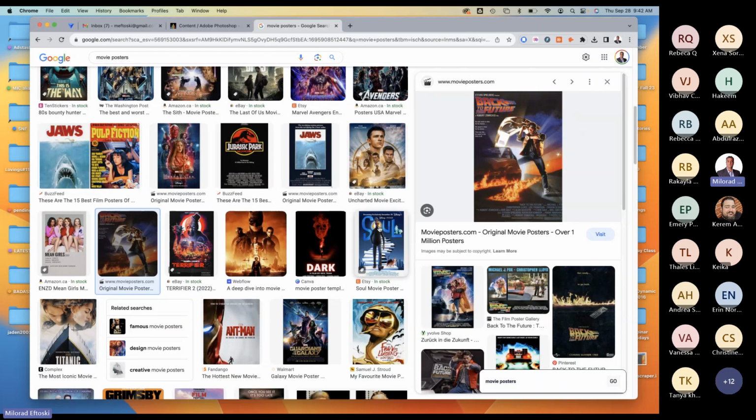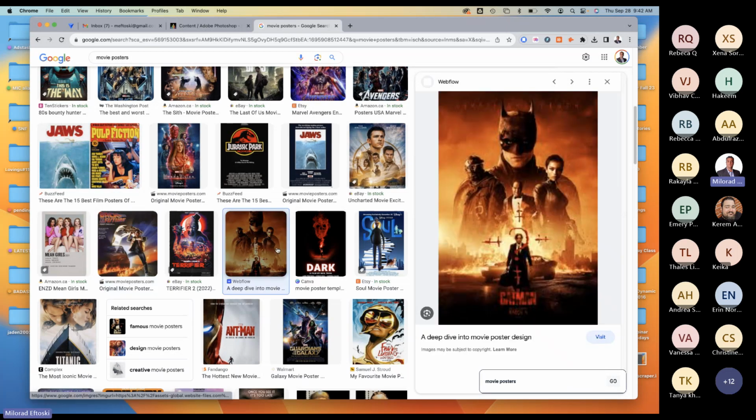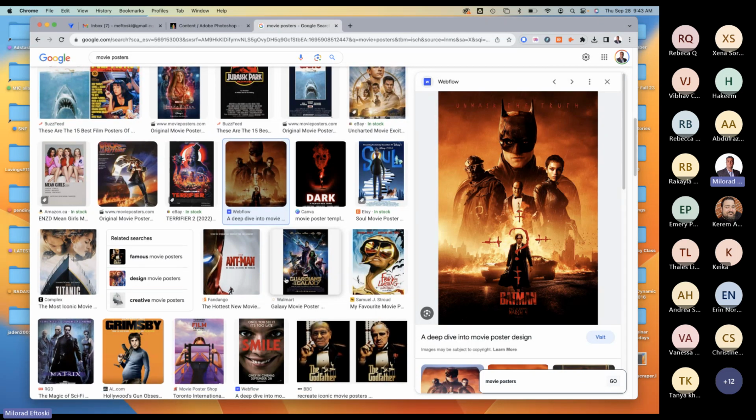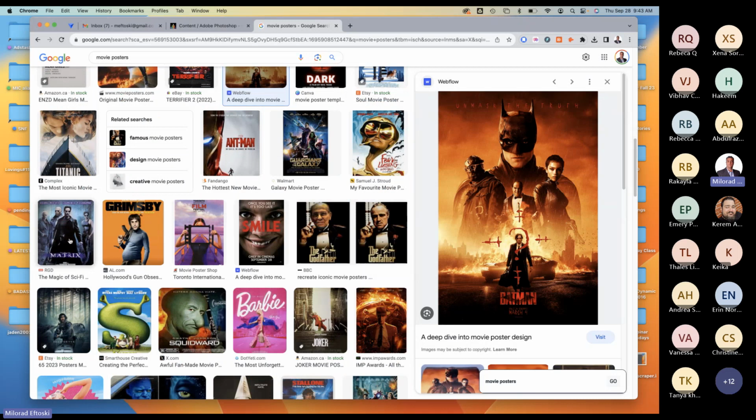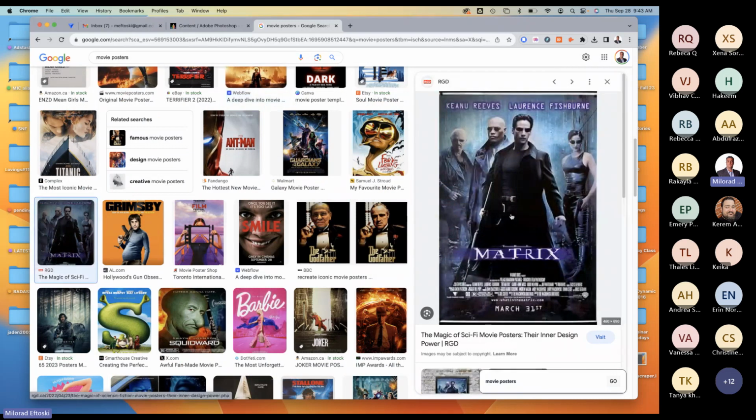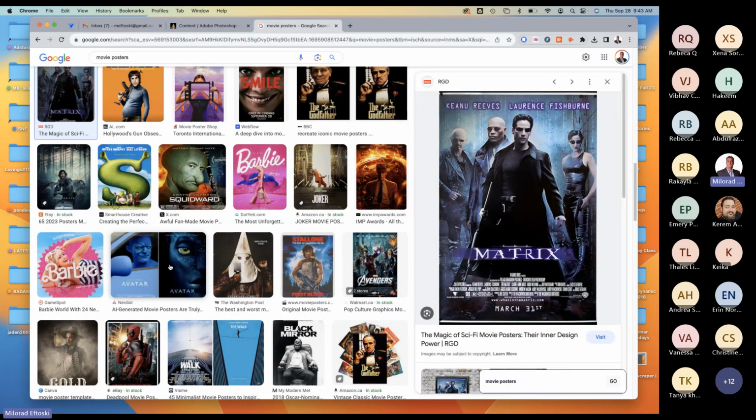So it's a movie that was done in the past, or they're recreating it, they want to bring it back, or a show even. If it's a show, that's fine. Right now, Netflix has a lot of shows, and they do create these posters to promote them. So it doesn't have to be a movie. It could be a Netflix show or an episode. I know other students in the past did The Matrix, they brought it back again. They did another version of it, right? So there's plenty of room and options for you to choose